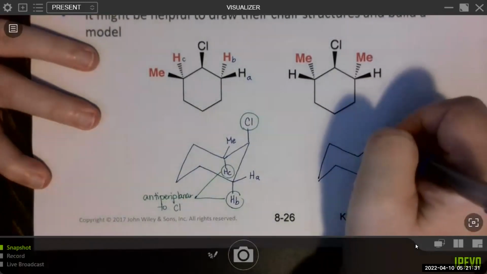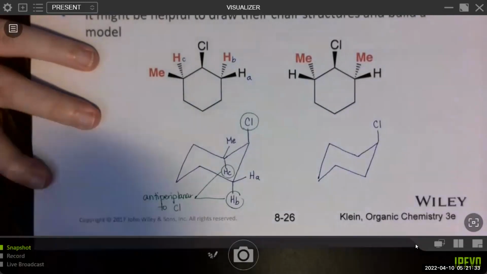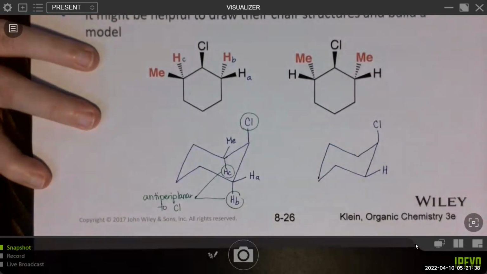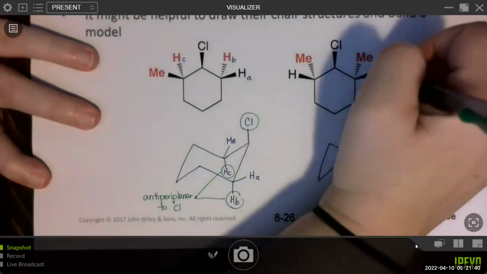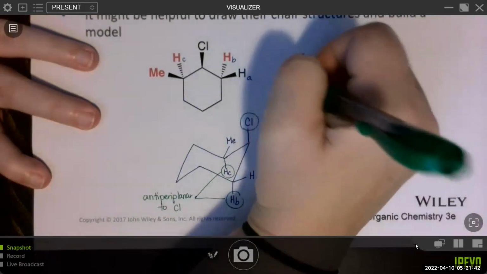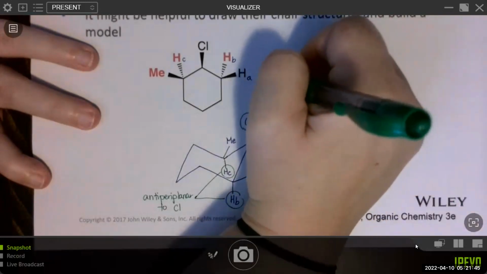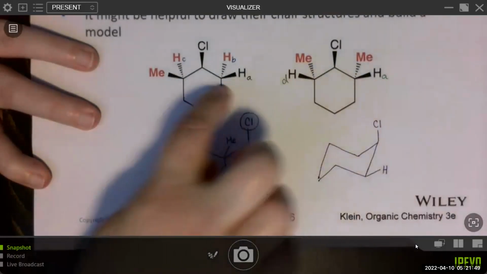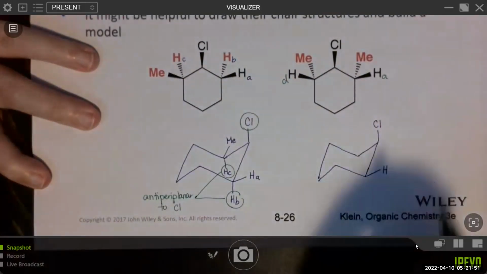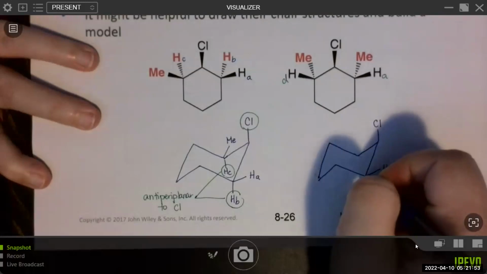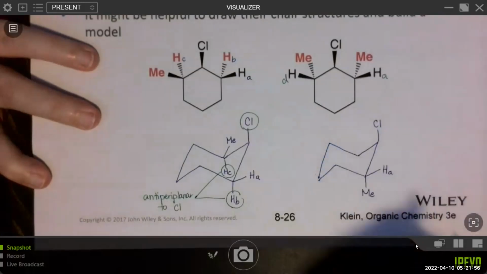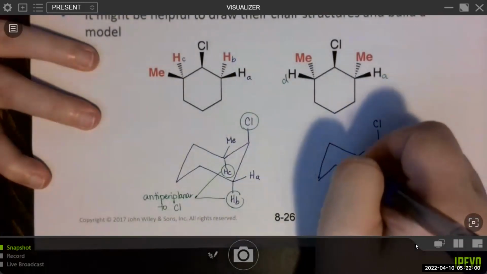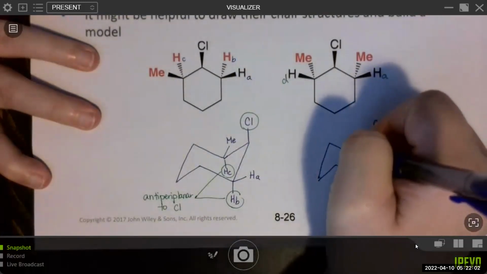We'll place the chlorine in the same position. Here we can see that there'll be an up hydrogen. We can even label it if we want to. We'll do A and call this D because it's a little different than those positions, but this is the same position, so I call it A again. So HA, we have the methyl, right? That's this methyl down here. And then there's a methyl down here and HD.